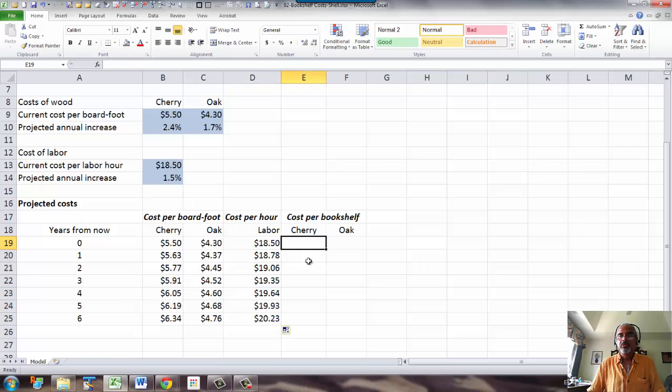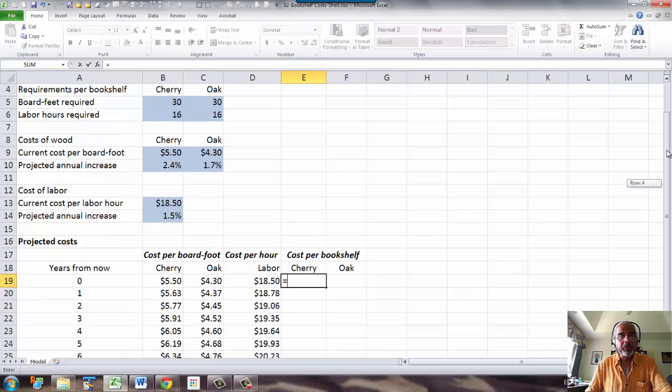Now the cost per bookshelf then is, we now have to use how many board feet we need. Okay, that, and now this should again be a proper absolute reference. So you need to be able to copy to the next column for oak, but the board feet required must always come from the same row. So the row gets the $ sign, times cost per board foot. Now that should change both column-wise and row-wise, so we leave it like that. So that's our cost of wood plus